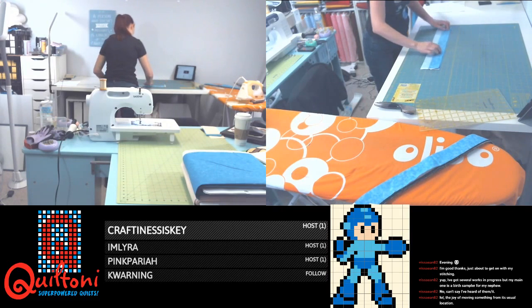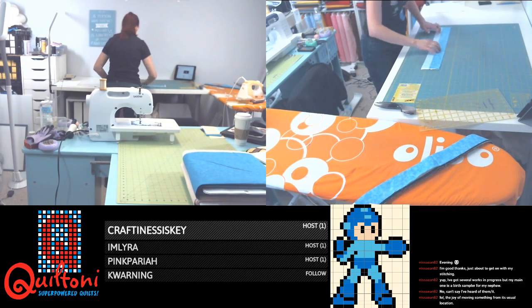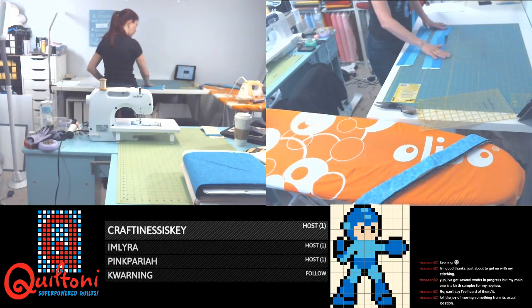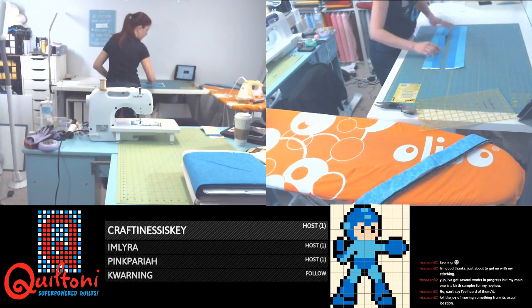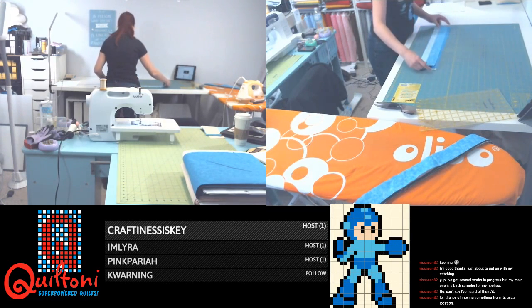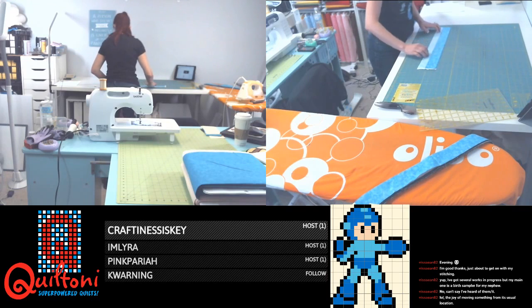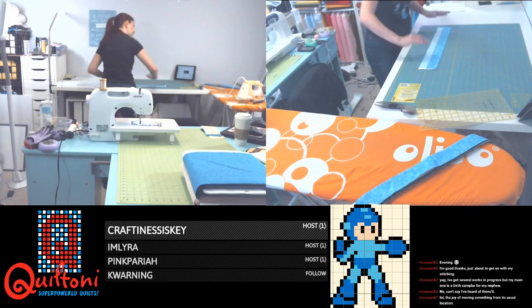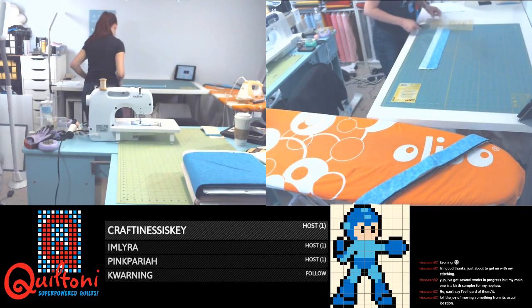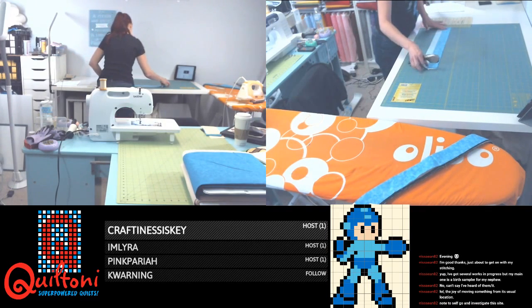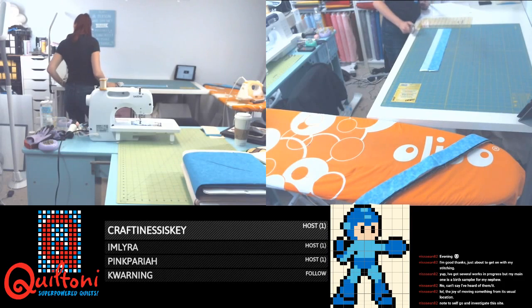I completely understand that. Alright, so on my patterns, whenever I say iron it towards the one color and then iron it towards the other color, so for example, this one's ironed towards the blue, this one's ironed towards the light blue. You just pop them on top of each other, so the blue touches the blue, the light blue touches the light blue. And then you just nest those seams in there. So make sure those seams are nice and snug. Trim the edge, and then cut the pieces. So blue with light blue.